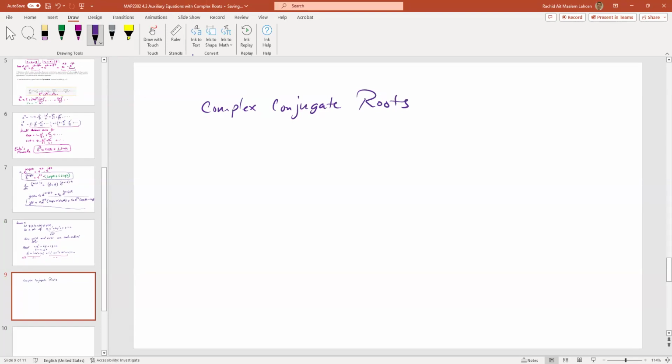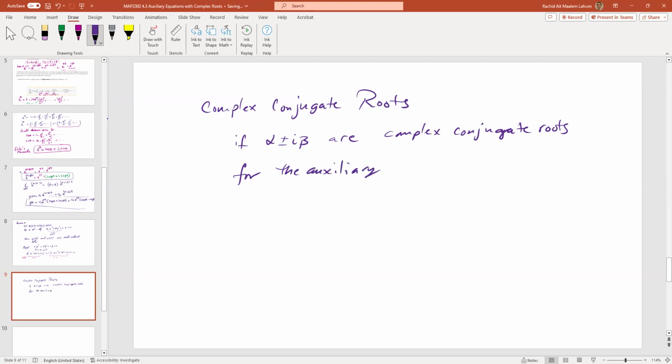If the auxiliary equation has complex conjugate roots, alpha plus or minus i beta, remember we wrote them this way, then two linearly independent solutions are